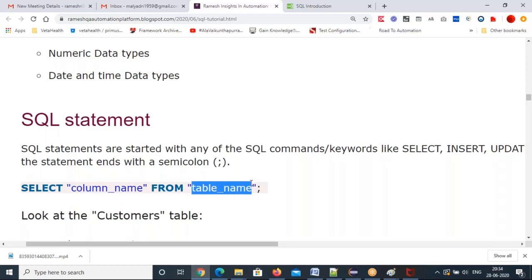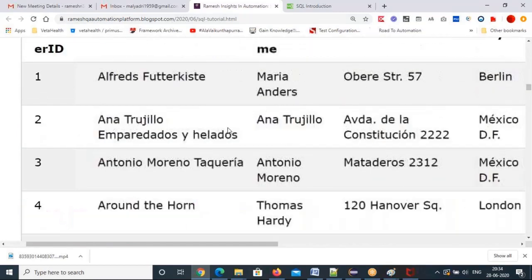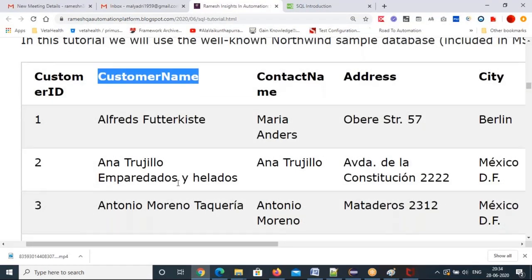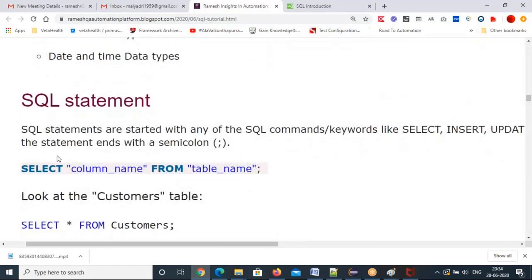Suppose I want only the customer names. You can write: select customer name from customers. The customers table, you give the table name.